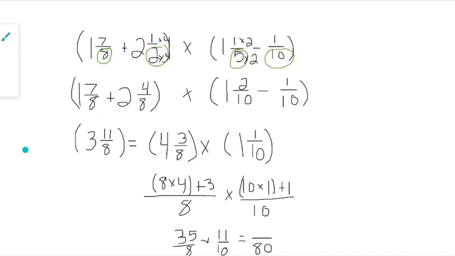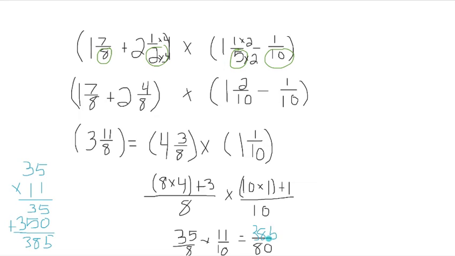So let me go over here and I'll do 35 times 11, because that's not something I know off the top of my head. And 1 times 5 is 5, 1 times 3 is 3. Bring down my 0 placeholder. 1 times 5 is 5. 1 times 3 is 3. Add that together. 5 plus 0 is 5. 3 plus 5 is 8. And 3 plus 0 is 3. So now I have 385